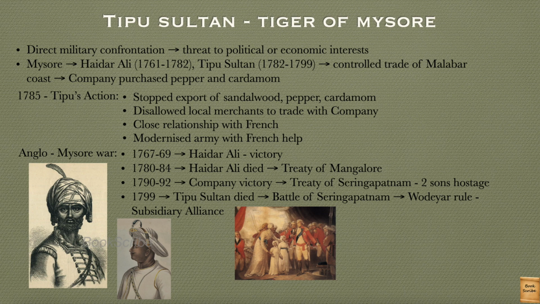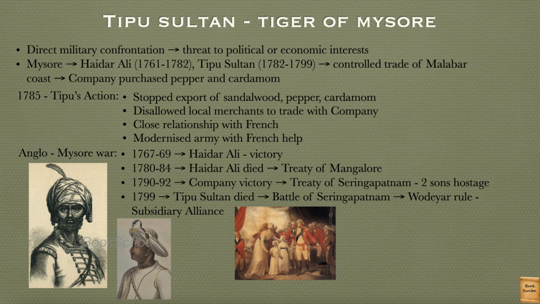So in the initial stages, Tipu Sultan and sometimes even Hyder Ali, both at various places, they won. But in 1782, Hyder Ali was killed during the battle, and after the war, the Treaty of Mangalore was signed. Then in 1790 to 92, the next war takes place, and in this war, the company became victorious, and the Treaty of Seringapatanam, which is the English version of Srirangapatnam, we will call our version Srirangapatnam. So the Treaty of Srirangapatnam was signed, and two sons of Tipu Sultan were taken hostage by the British people,